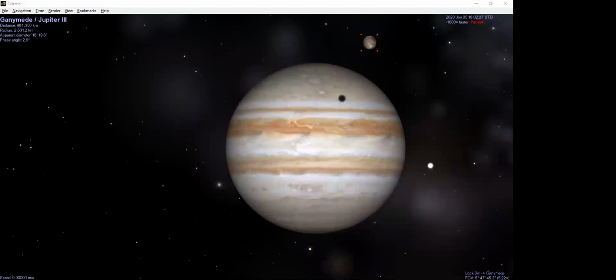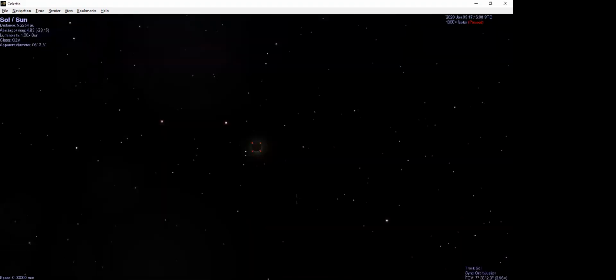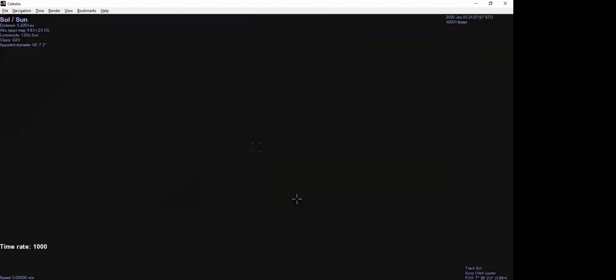Let's see, Ganymede eclipse. Oops, what have I done? I think it zoomed away. Anyway, I was parked inside the shadow, and I think my intent there was to turn around and you could see the shadow great big on Jupiter, but I don't want to go too much out of my time slot. All right,